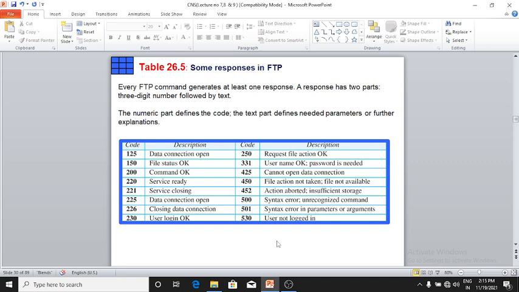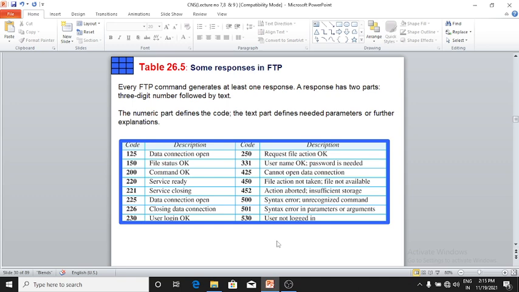Every FTP command generates at least one response. A response has two parts: a three-digit number followed by text. The numeric part defines the code. The text part defines the needed parameters or further explanations.